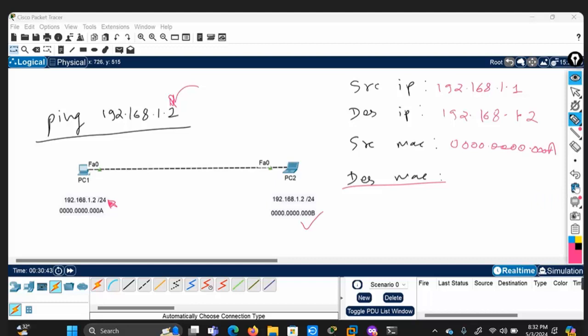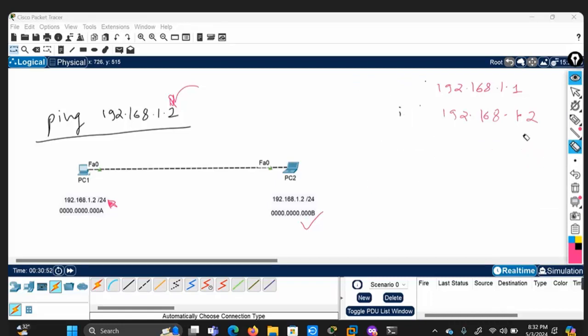So let me explain step by step how this scenario works. We will do the theoretical concept first and then the practical. You need to know how ping works, and how ARP request and ARP reply work, right?